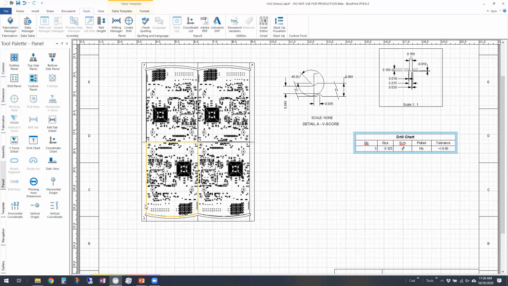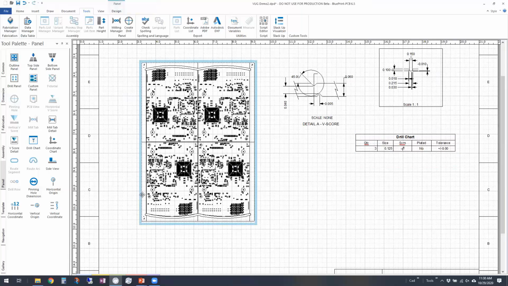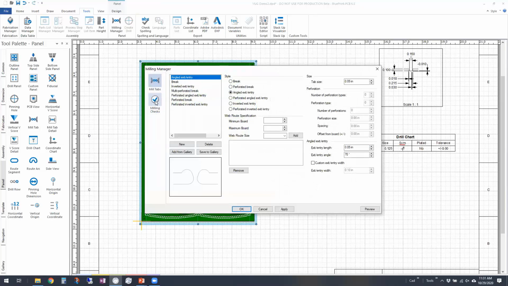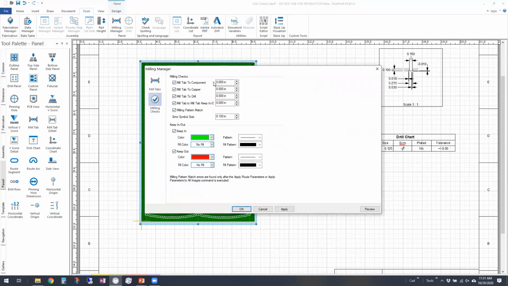Some other things I should point out here. I showed you that while I was in that edit mode, I turned on the components so I could see that when I'm placing the mill tabs and web routes and score lines. We actually have a tool for doing that for you, and it's in the milling manager, milling checks. You can actually set up so that when you are placing components or when you're placing these items, you can